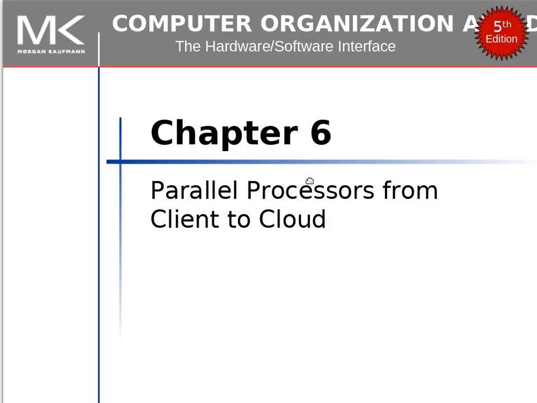Alright, today we're going to basically conclude with going through Chapter 6, which talks about different types of parallel processing architectures, as well as a little bit about the cloud, because everyone loves the cloud. So we're going to breeze over this chapter and only highlight a couple of things that are important,